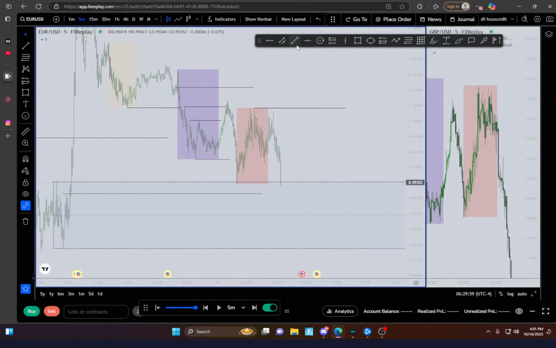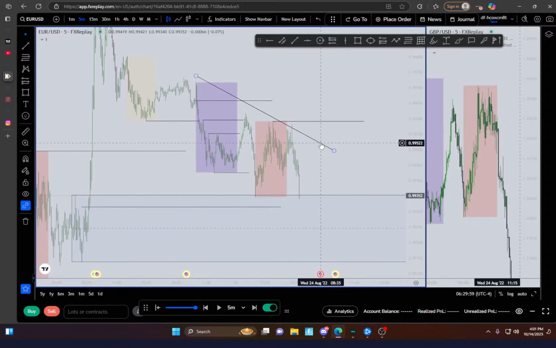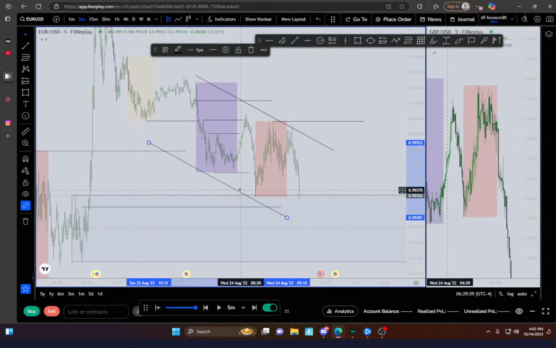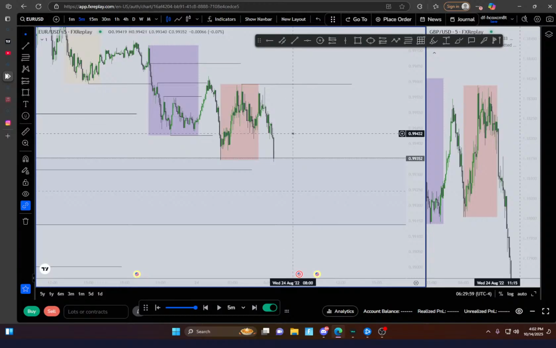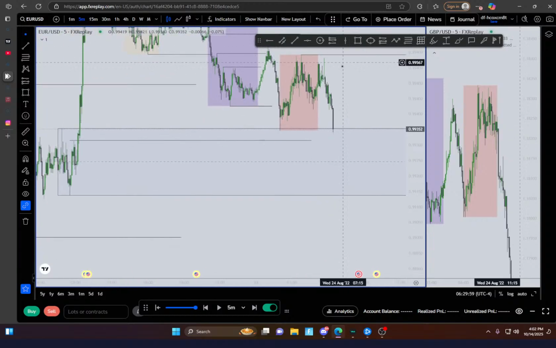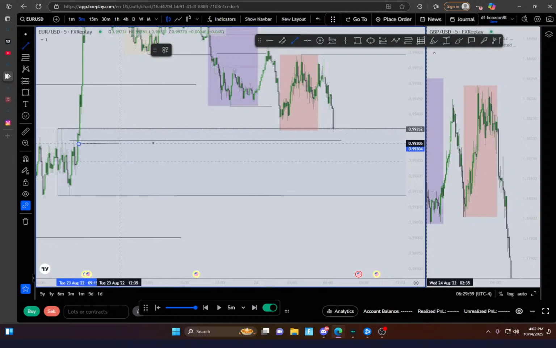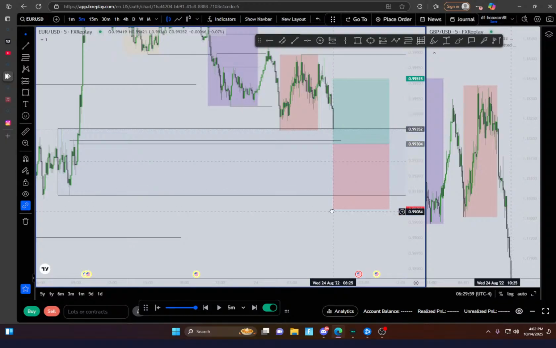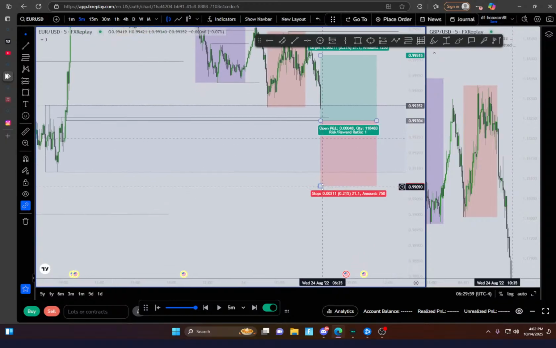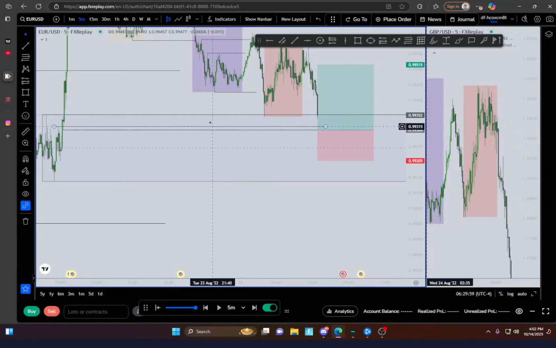Other than that, we've been trading lower for a while. So now we're manipulating lower. This lip point becomes the valid entry we could take a trade off of,